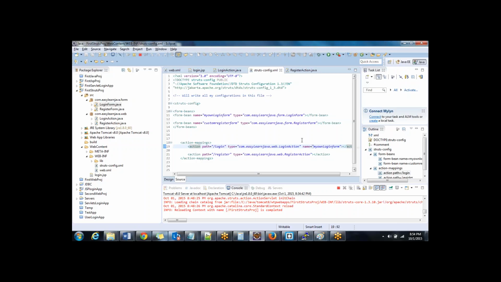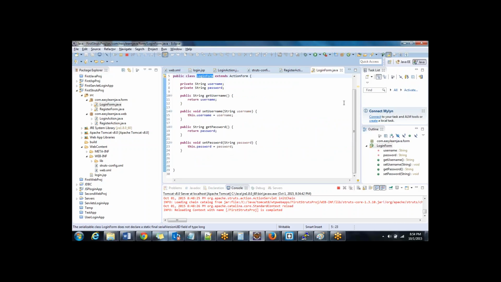Based on a URL which is incoming, I can bind two Java classes together. One is an action class, one is an action form. So for every request, there is an action class and action form that I am binding. Okay. Now the next thing that we'll understand here is, now I am able to bind this